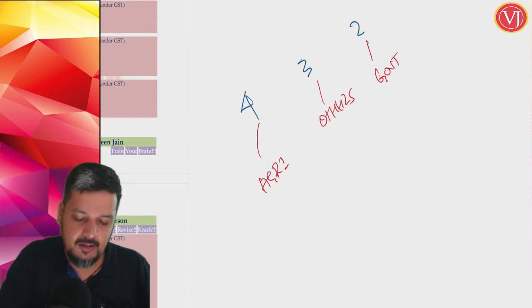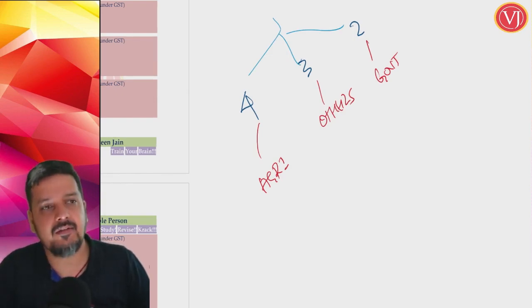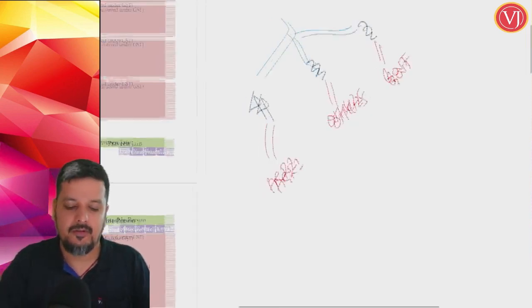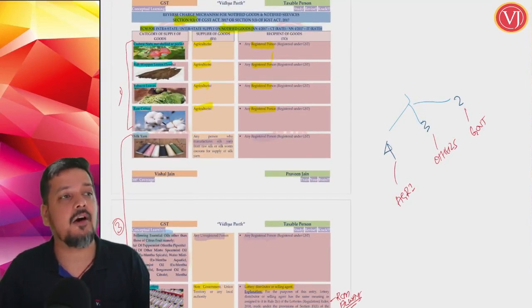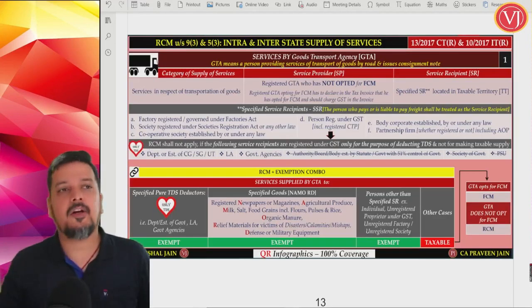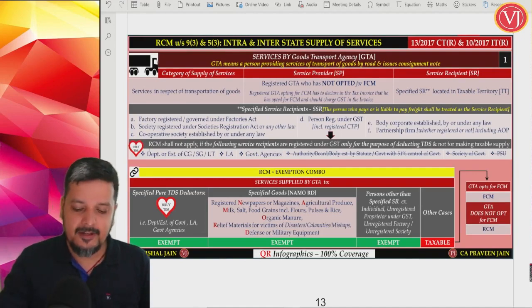4, 3, 2. 4 categories of agriculturalist, 2 categories of garment and 3 others. Priority sector lending certificate, manufacture of silk yarn, and essential oils. 4, 3 and 2. That is everything about section 9.3 RCM for notified goods. Now, when you talk about your section 9.3 RCM for notified services, let us try to evaluate